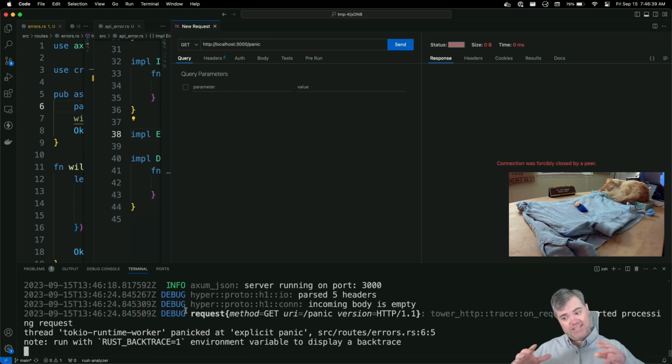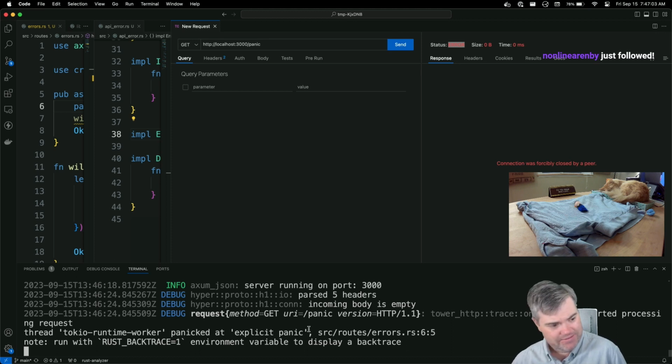So it doesn't crash the program. It crashes at that point, but then Axum is handling that and keeping Axum running. So that's an interesting thing. But the rest of that route handler, that's done. That's dead.